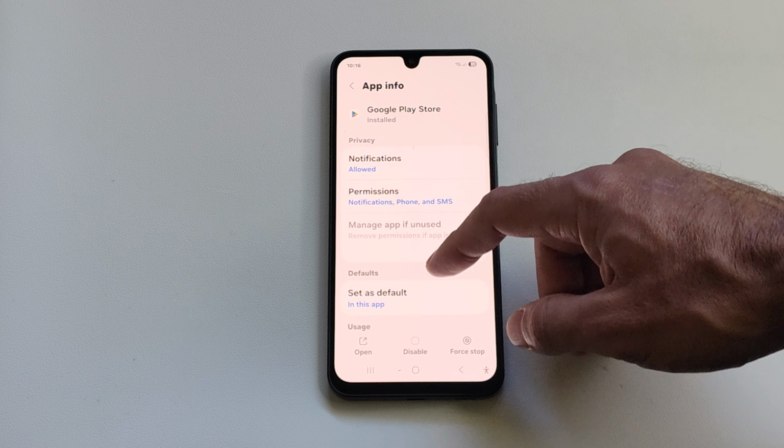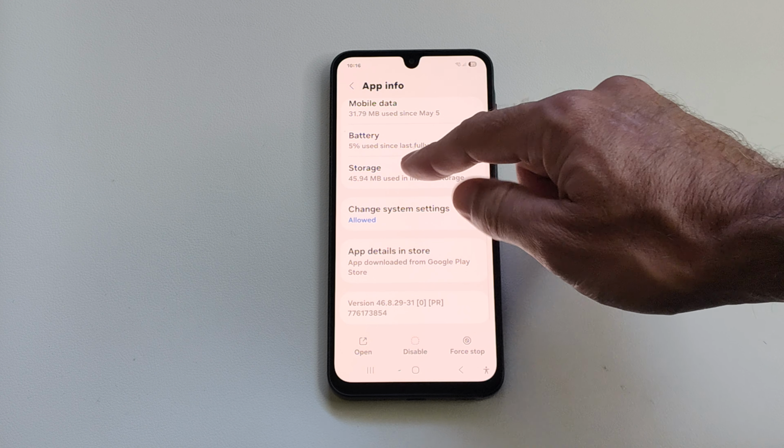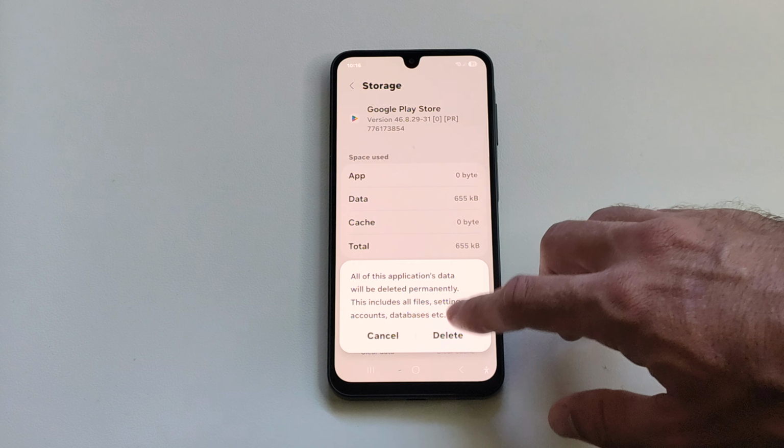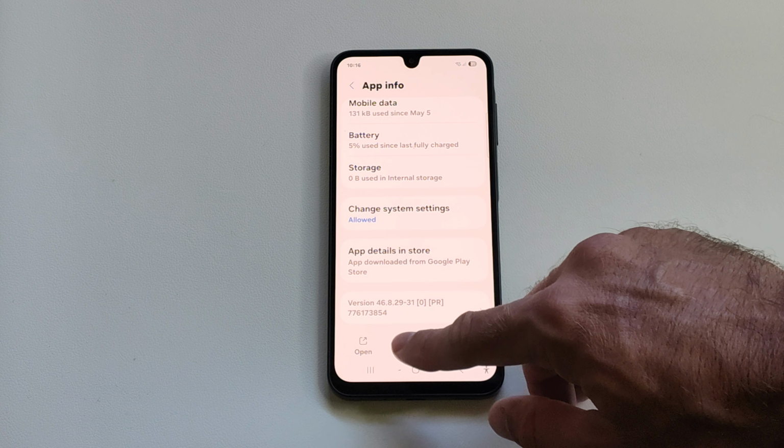Now if it still doesn't work after doing that, we can come back in here and we can go to storage. And we go to clear cache, and then we can clear the data as well. Now let's go back and open up the Google Play Store, and you might see the screen pop up